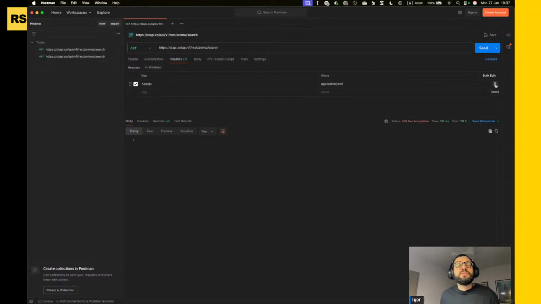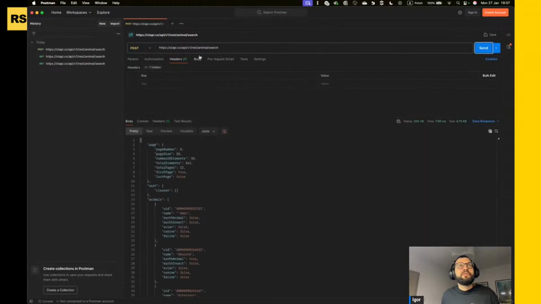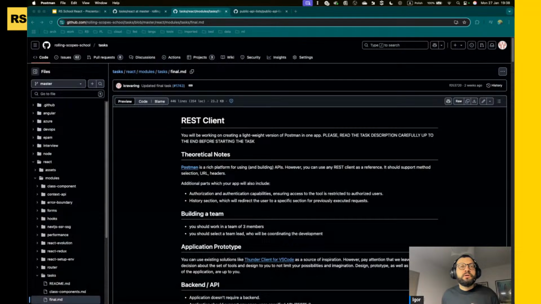Let me remove this header. Basically, you will implement the same functionality of adding and removing headers as well. I can select any method and execute it again. I haven't modified the body, that's fine, but you can see a similar request. Also, you can see that I have some kind of history section, and you are going to implement a similar thing,